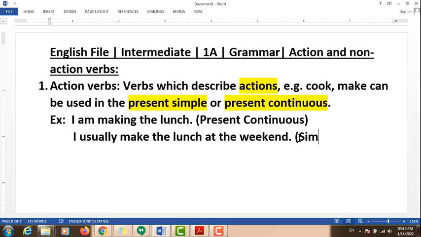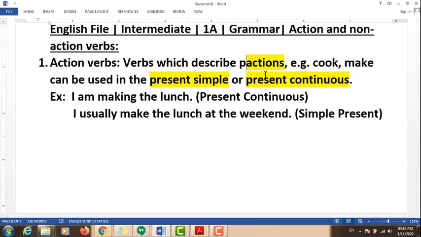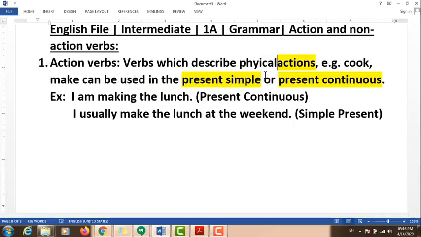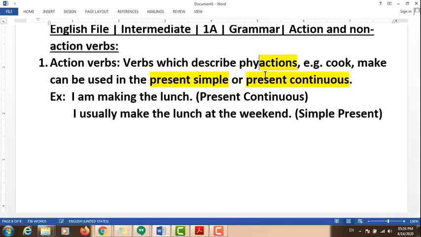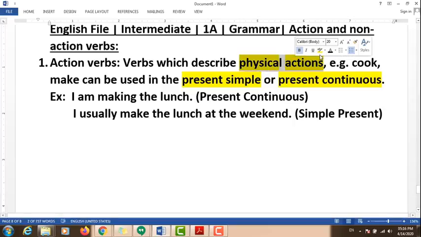Okay, so first thing, first big difference. So first, action verbs. Action verbs are used to show what? Yeah, to show actions. What kind of actions? We will say physical actions, which have a physical action, like eating, cooking, making. Okay, it all has a physical action. All right guys, so next,